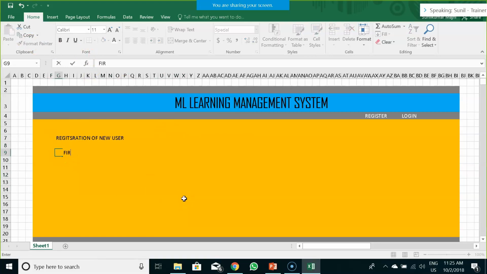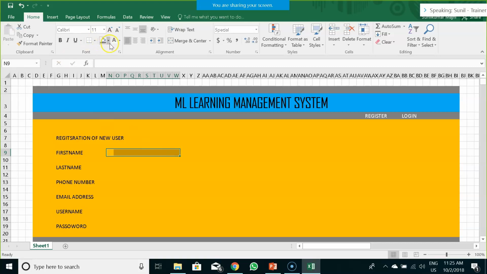Here I would be taking their first name, last name, phone number, email address, then what are the other important parts? Username and the password needed for registration. So this is the first set of information I would be needing from them.